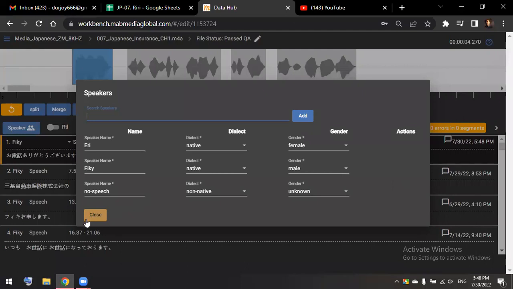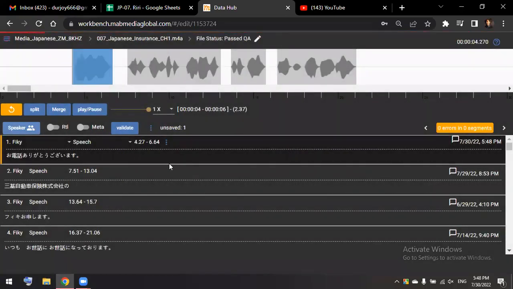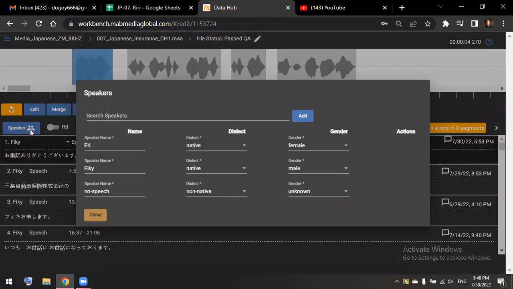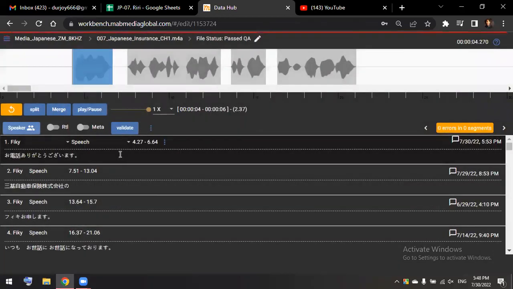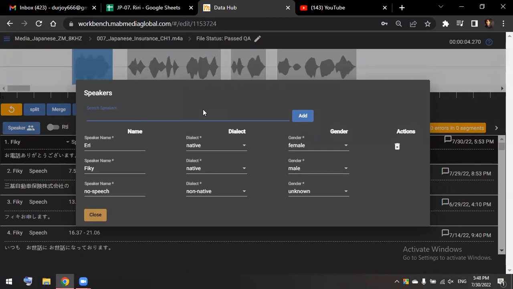So you don't have to think that you don't have to make this because there is no noise. No, you obviously have to make this. Whether you find noise or not, just make a speaker. Whenever you come to the file, make a person speaker like man one, woman one, whatever it is, and make a speaker that is no speech, which is common to every audio.